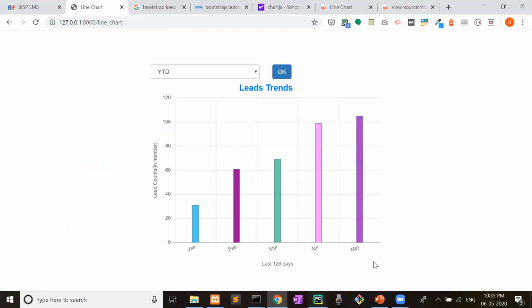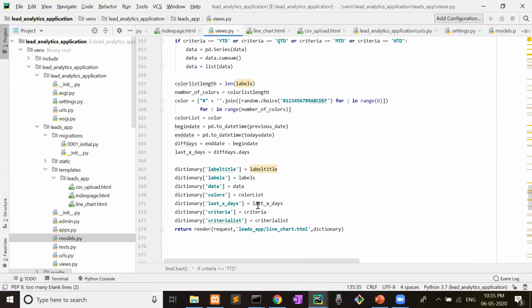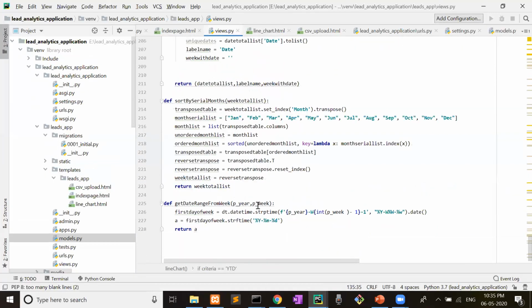Normally, if you don't use this function, then it will never show January first. It will show February or March, because it takes the sequence as it receives from the CSV table or CSV file. So that is why we need to arrange the data in this sequence. That is why sort by serial months. This function is written for sorting the data into the serial months.